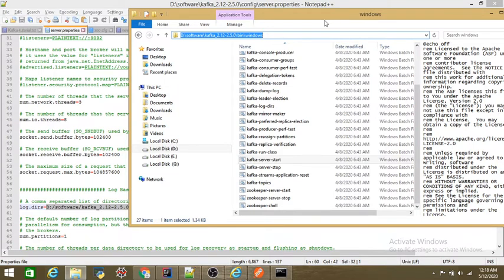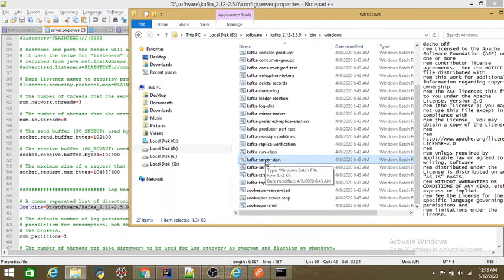Remember one thing, we have to start the server as well as see the logs, what's going on in the background after starting the server, and when I create a topic and pass some messages to the producer for the consumers to consume, all this will be shown in my logs. So I need to provide the log path also, not only kafka-server-start.bat.